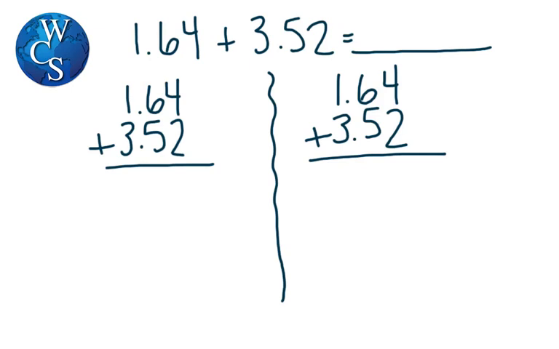both of the strategies. For both of the methods, you do need to line up decimal numbers by place value, and the best way to do that is to line up the decimal points so your ones, tenths, and hundredths can match up. So with the algorithm, the first thing I'm going to do is add 4 and 2 hundredths